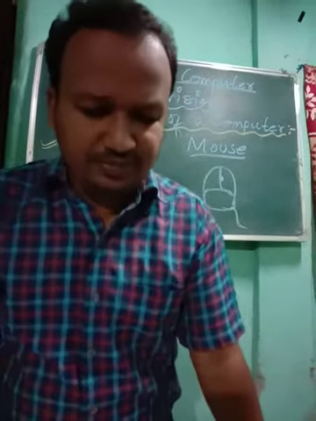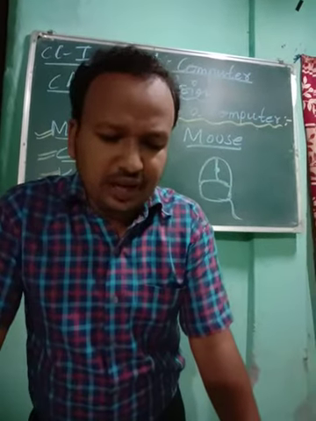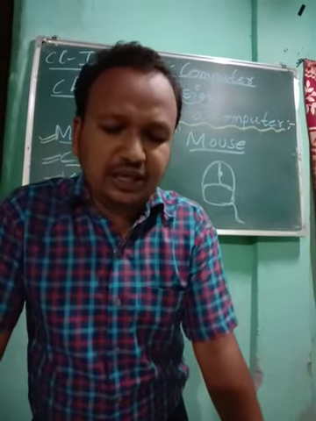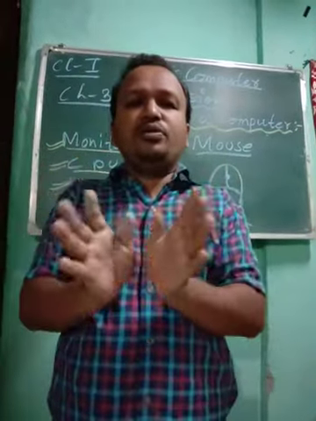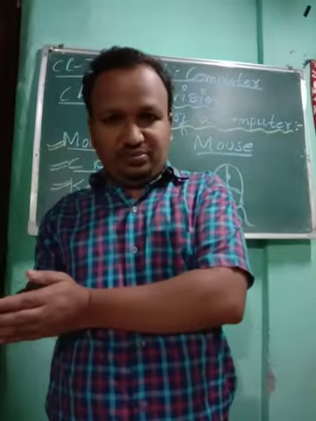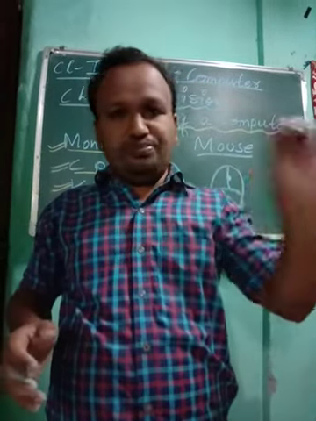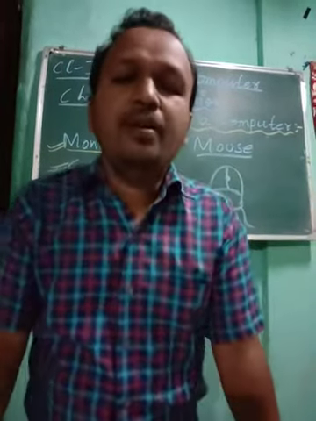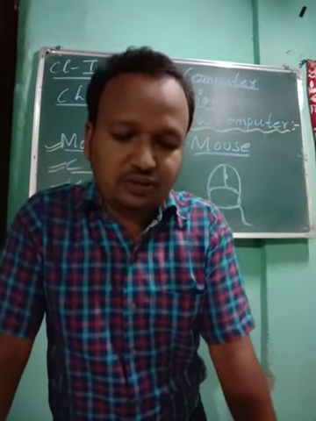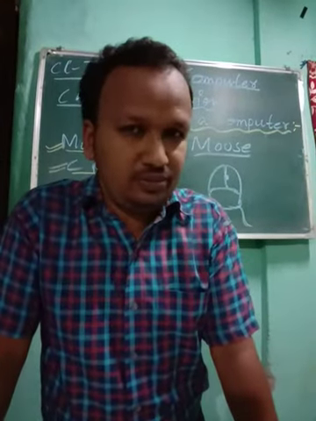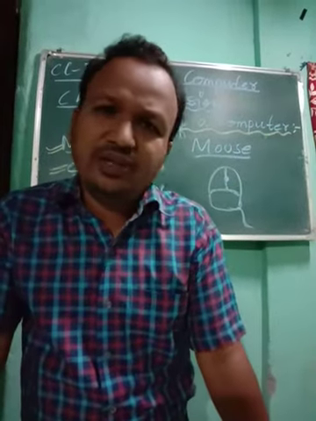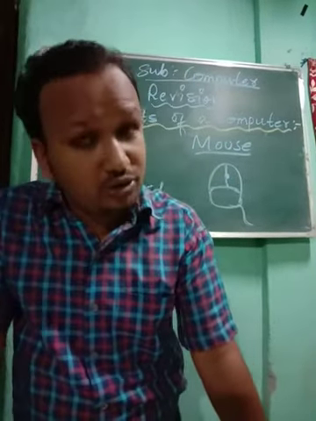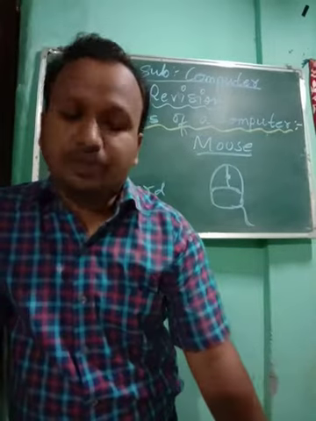Now you see the printer. So the printer helps you to take your work on paper. Whatever drawing you do on a computer, you can print out with the help of a printer. The printed copy is called a hard copy. Suppose you made a tree, you can print it out with the help of a printer. So the printer is also a part of your computer.